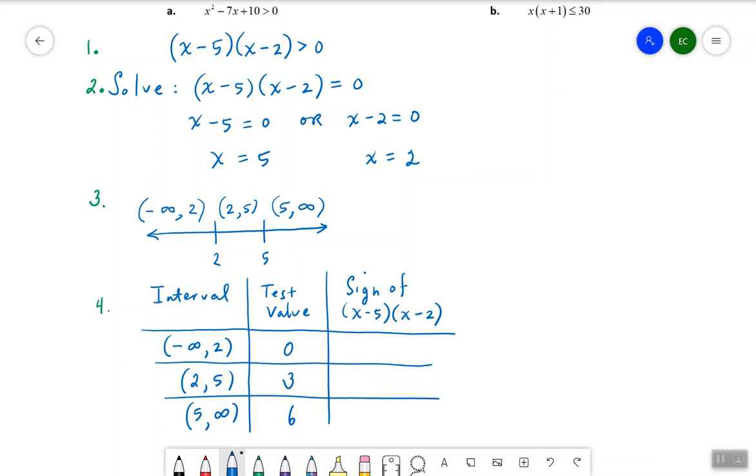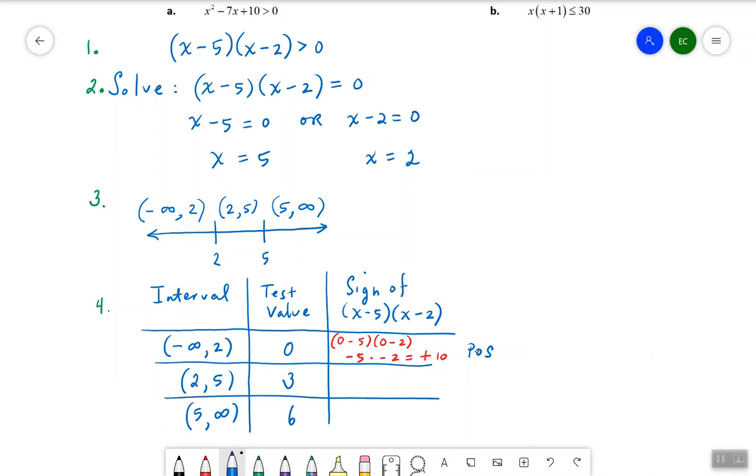Okay, and so then we're going to check the sign of this product. In particular, we're going to plug in 0 for x, and we're going to have 0 minus 5 multiplied by 0 minus 2. And so that gets us negative 5 times negative 2, which is positive 10. And so the big conclusion here is positive. So the sign of x minus 5 times x minus 2 is positive,